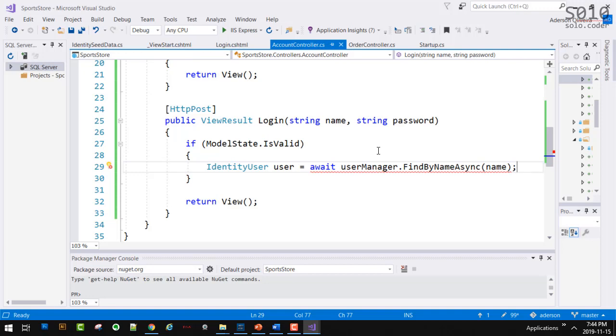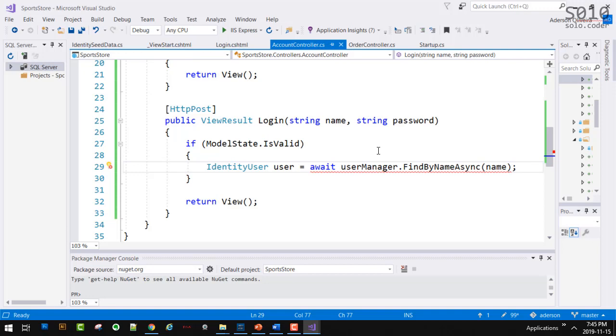Now, we use the keyword await, but there's more. The methods that we are calling from inside, so we are calling this method here inside of the login action, the login methods. Login action is just a fancy name for public methods inside the controller. So this method needs to be flagged as asynchronous as well.